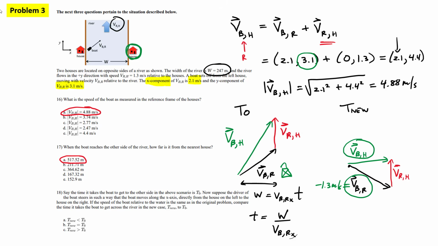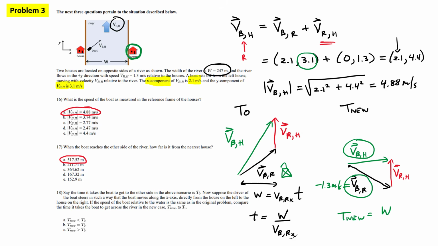And since we're not changing the length of the vector, we know right away that the x component here of VBRx is going to have to be a bigger number, because in both cases the magnitude is the same. So I only have to direct a little bit of an angle in order to cancel out the river with respect to the houses. So at the end, really what I'm going to get is my t new